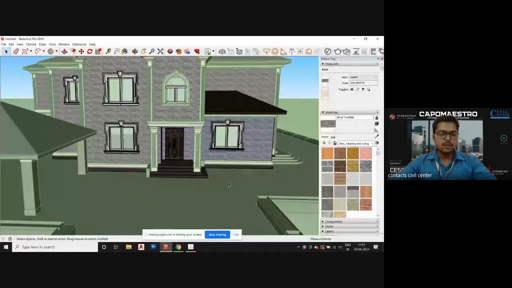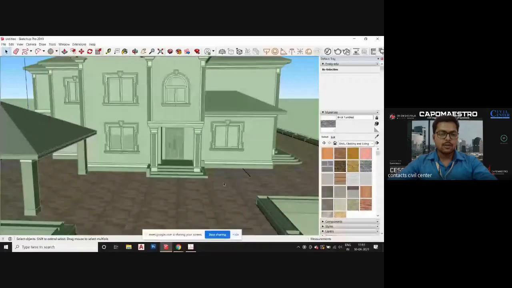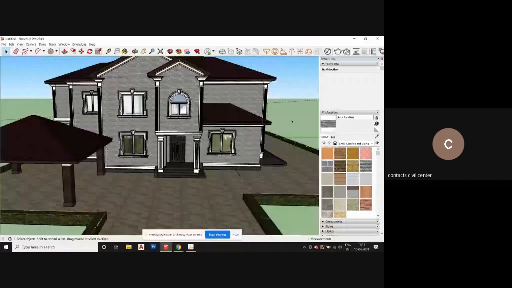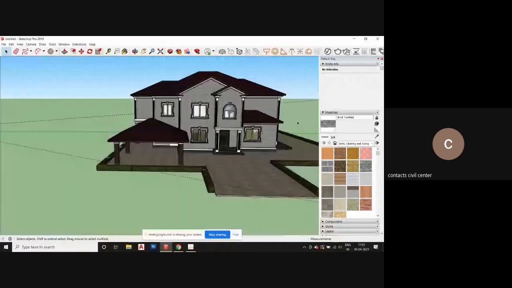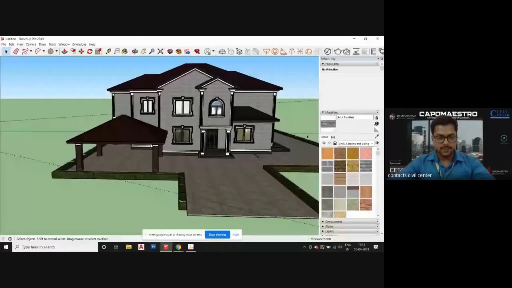Okay. Now come out of the group. And this way, you can simply change the appearance of any particular model. Okay. And that's the main purpose of 3D model. You can simply change the look and share it with your client and ask them which is best for them, and then you can create a model that is best for them and you can charge them.